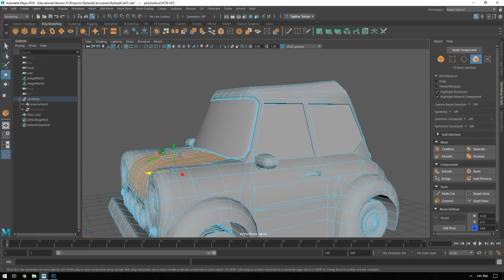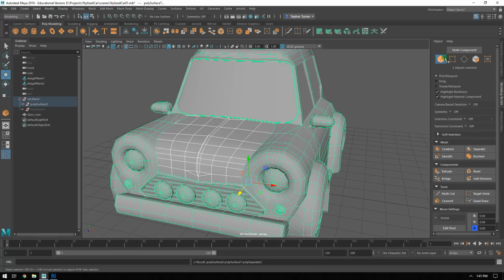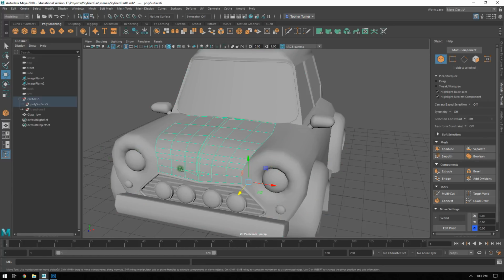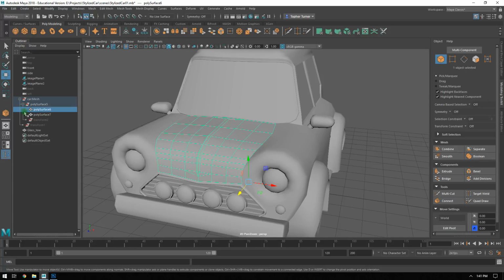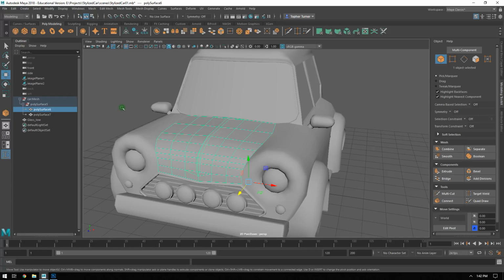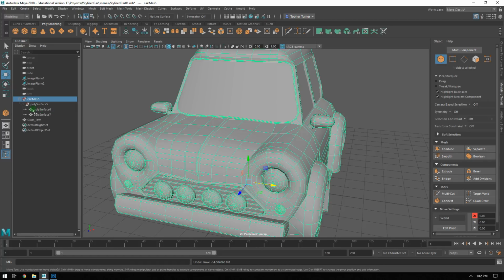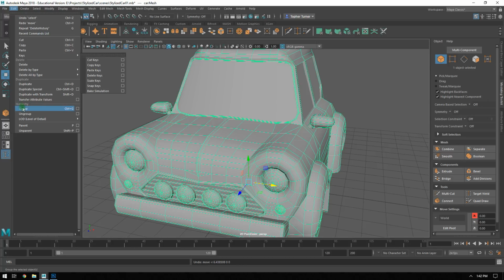So go to polygons, I can grab the hood, and we can separate the hood, which is just this guy, which again, delete by type history. Now it would appear that this is not working the way that I want it to, and that it is still grouping the hood here as part of the car. You'll see that if I select the car mesh group, that this is here. If I go to edit and ungroup this,